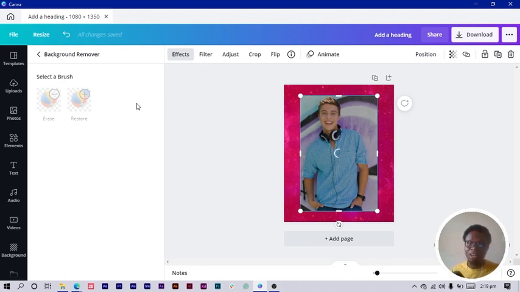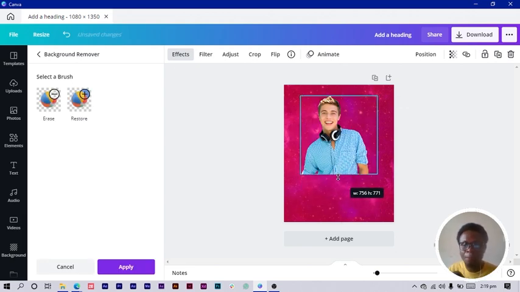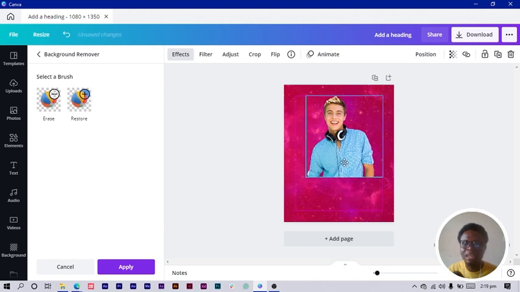So these are websites you can also use. Okay, so we are just going to allow Canva to do what it does best. Okay, so this is what we have at the moment. So what I'm going to do is to pull this portion up a little bit,